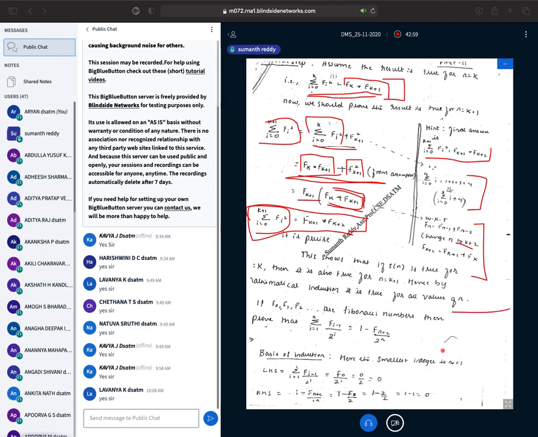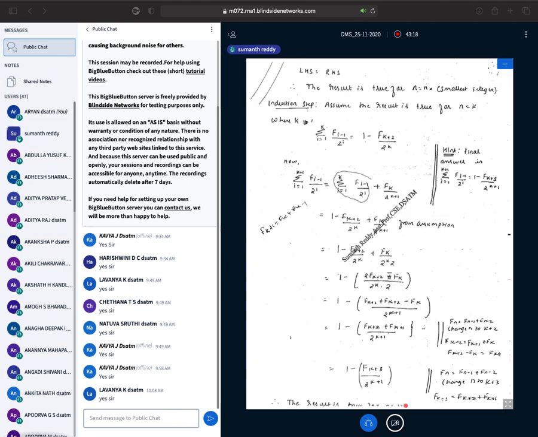The next problem is also similar to the previous one, so you have to solve it in the same way. First you need to prove it for the least value. I told you, if nothing is given, by default you take the least value as 1. Using the least value of 1, he has simplified and got the same result for LHS and RHS. Since he got the same result for LHS and RHS, it is true for the least value.